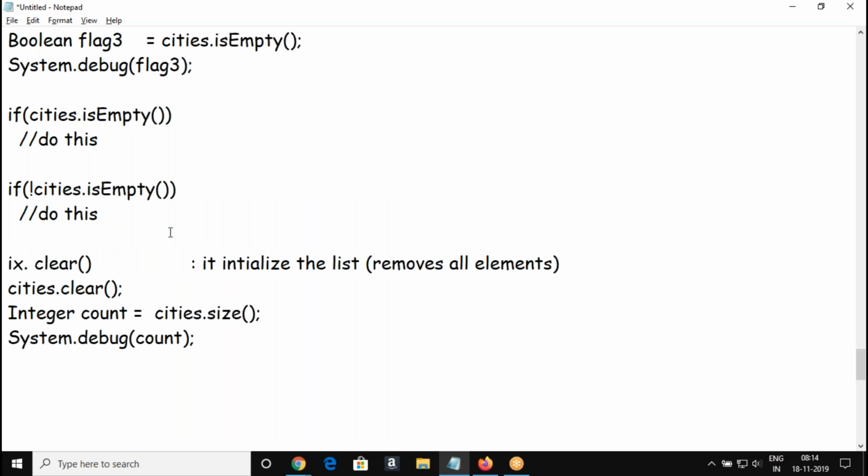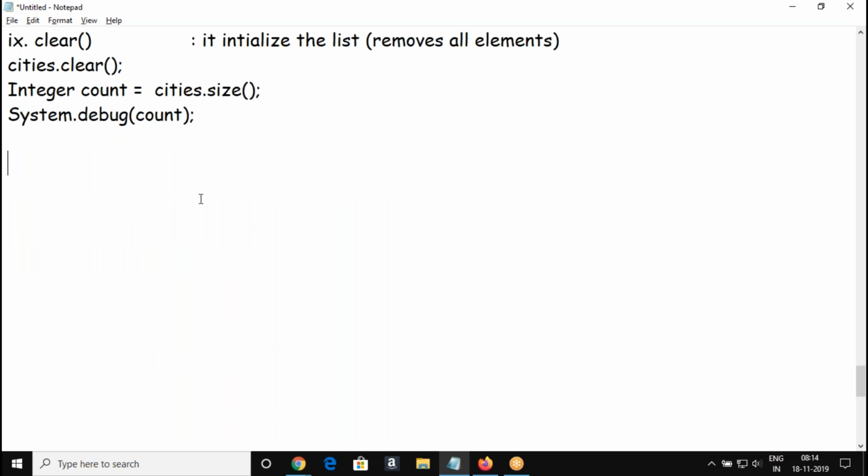So these are the list methods we have. In addition to that, there are a few more methods that will be discussed later. These are the important methods you need to know to work with the list. And we have a constructor method as well. We know a constructor is a method in the name of the class, right?